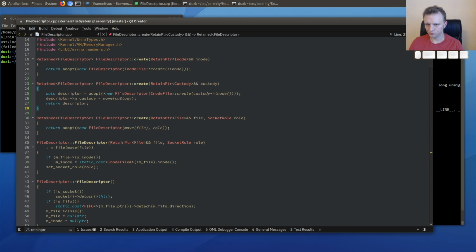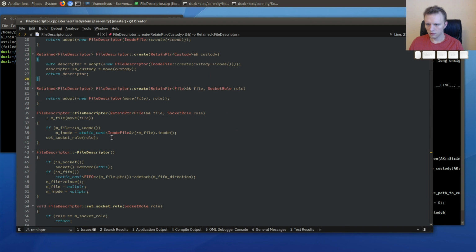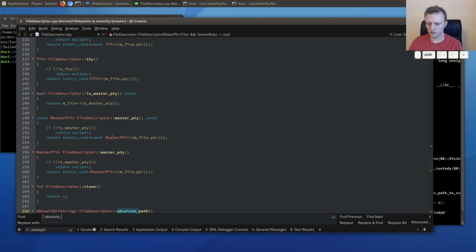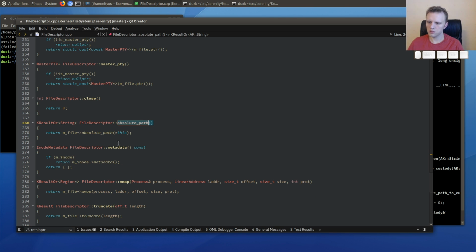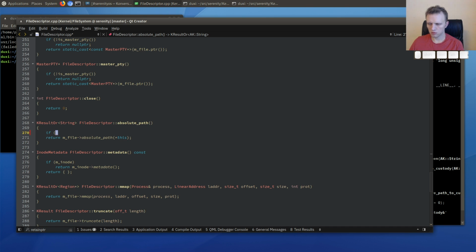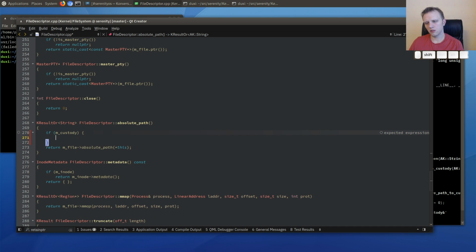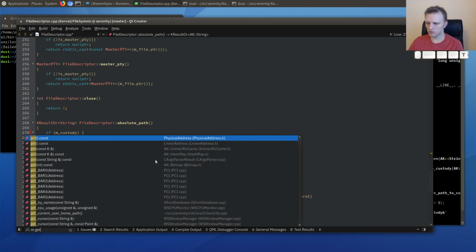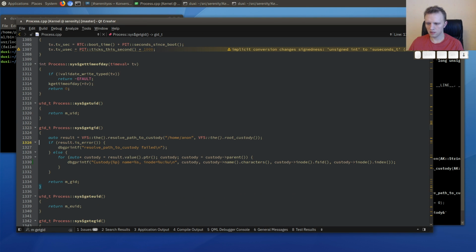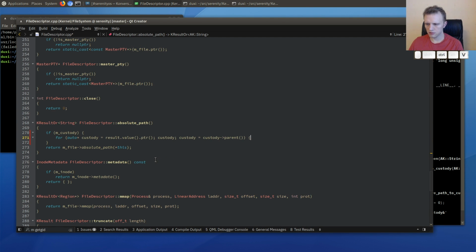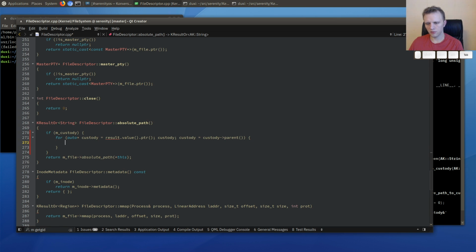Right. Then we'll have the custody here, and then we could potentially do a fast absolute path. So if I'm custody, then we can do this get-you thing. How do we do that? I mean, this is going backwards actually, but